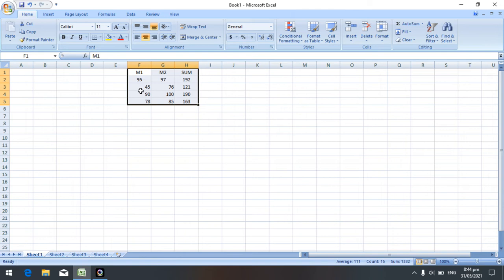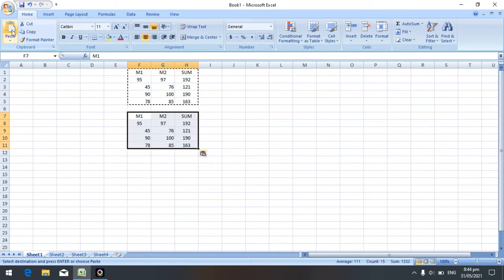Now I will use copy, so select this one, then click on copy and I will click here, then click on the paste button. If I use copy and paste, it makes a duplicate of the text. Cut means it deletes the text from the particular location. If I paste at that time, it moves to the next cell.